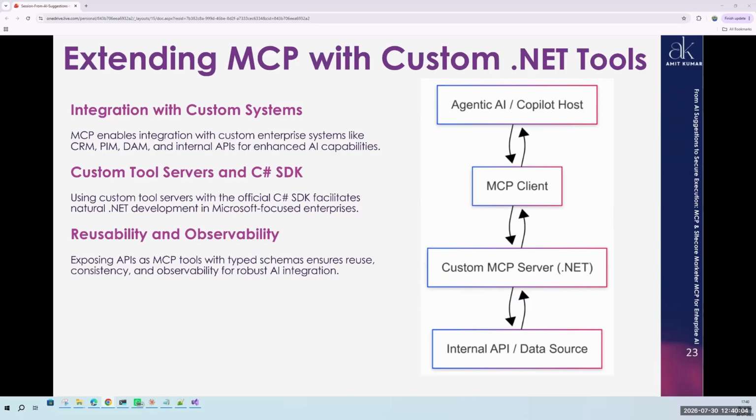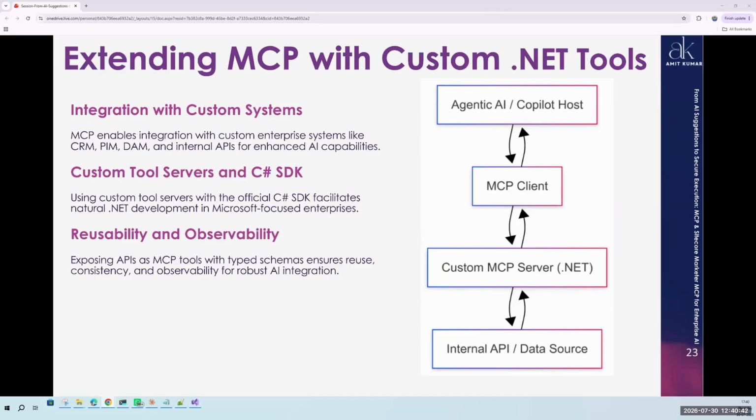So if you have both the Sitecore Marketer MCP tool and your CRM system tools in one place, all the tasks which someone would be doing manually can be automated. Like first they would go and manually create content in the CRM system, and then someone would take that data or ID and log into the Sitecore system and create the product item page, where they would add the product ID which was received from the CRM. All these things can be extended with the help of your custom MCP tools.